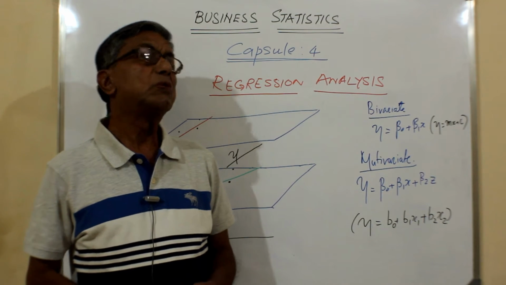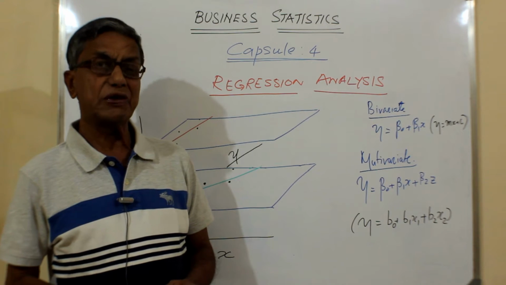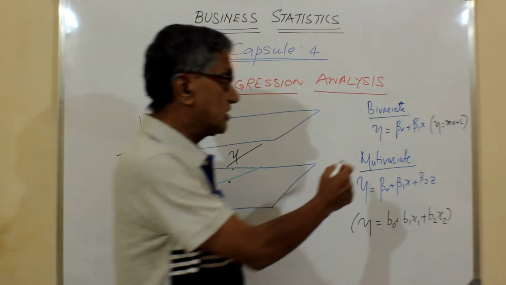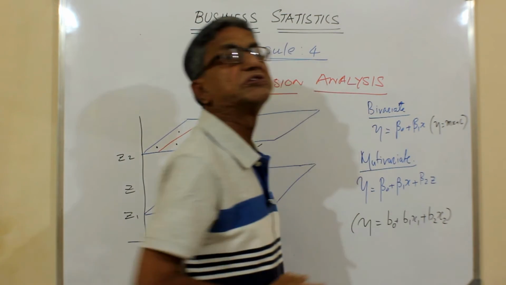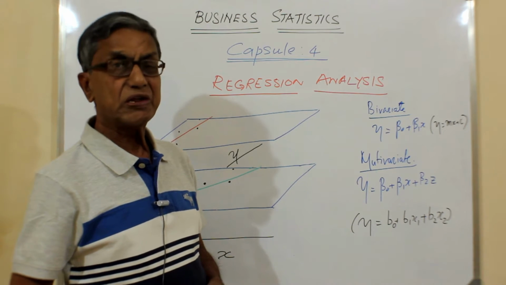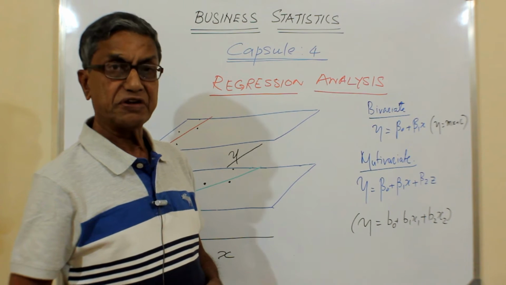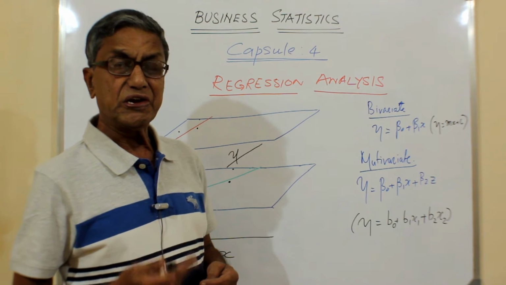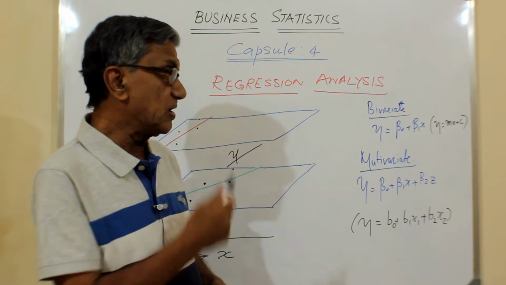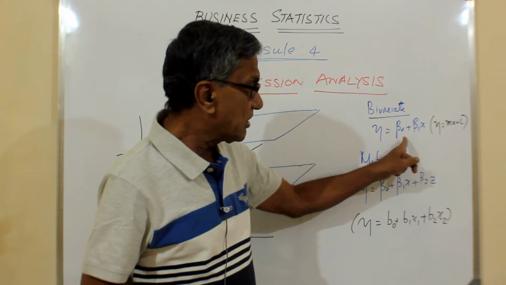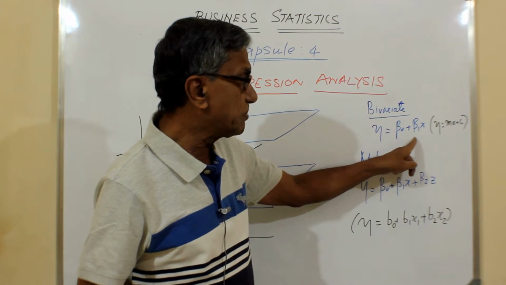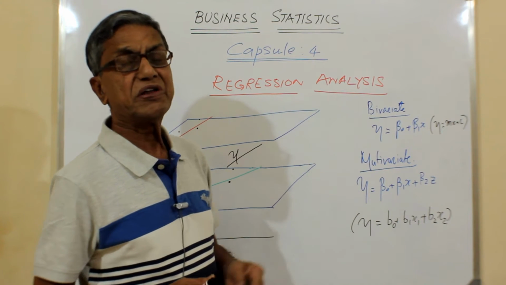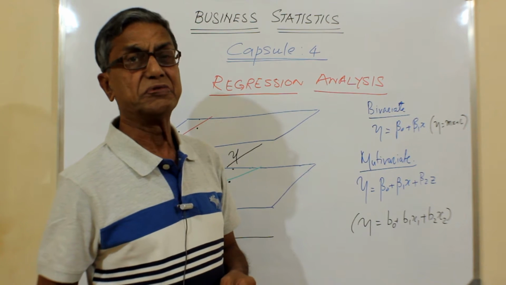We have understood what is regression analysis in bivariate data and the method of least squares. To just recap, in bivariate data you have y is equal to mx plus c, which is a simple linear regression coefficient of a straight line, where x is the independent variable and y is the dependent variable. That is also represented by y is equal to beta 0 plus b1 x1. It's the same. Now that is about bivariate data, when we talk about two variables.